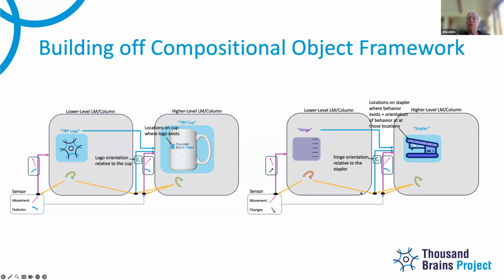That behavior model would be in the right column, and it represents how it was learned by observing a stapler. And then the question is if the stapler is part of some larger object, like the desk, or I don't know, would that hinge behavior